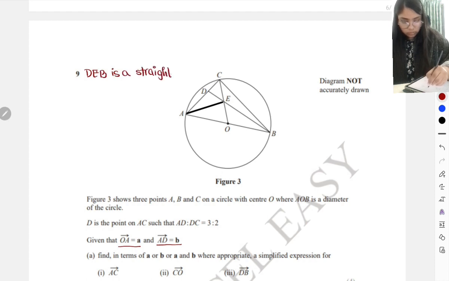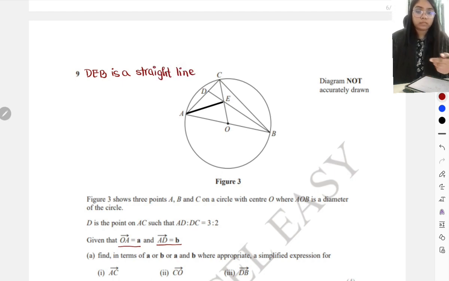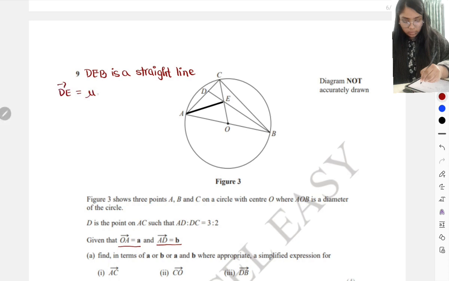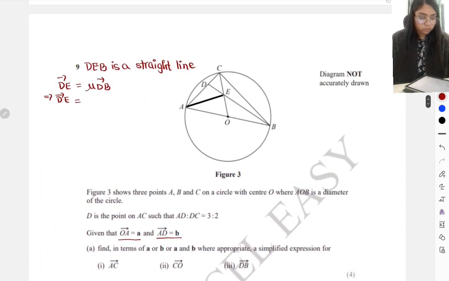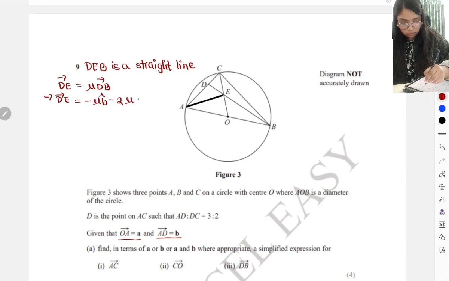I'm just going to write this at the very top so that I can refer to this statement later when I have to revise or recheck, right? So DEB is a straight line, which means that DE is going to be mu DB. Now we already calculated the length for DB in part A3, which was minus b minus 2a, so it's going to be minus mu b minus 2 mu a,